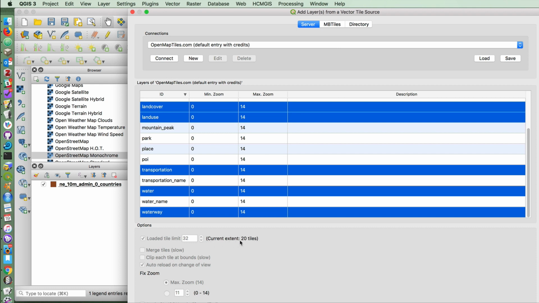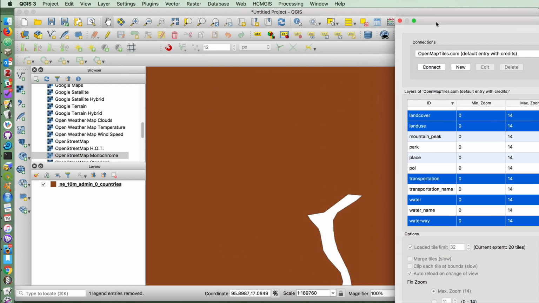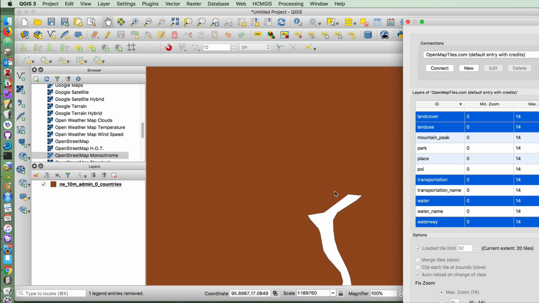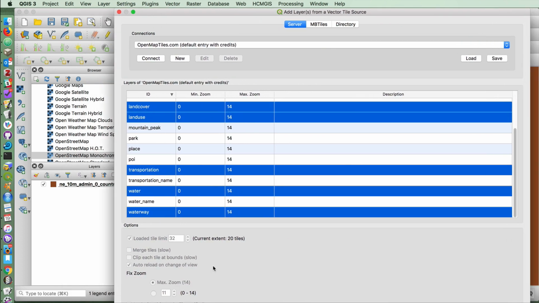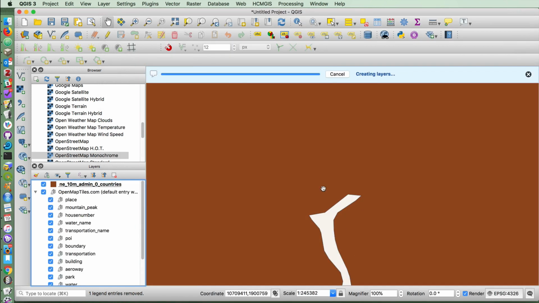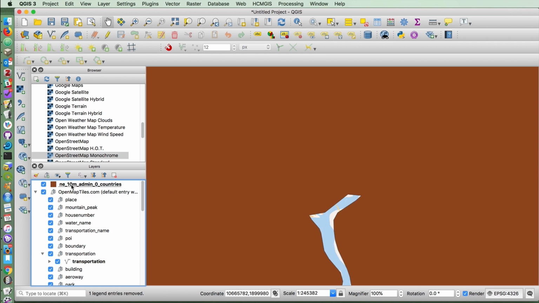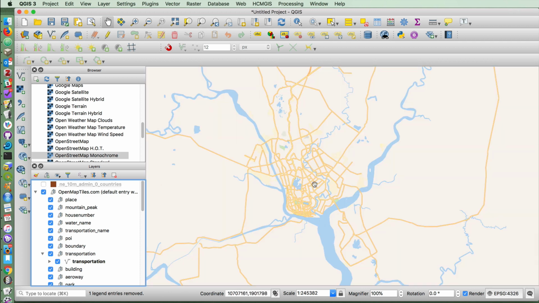It'll show you here that your current extent is 20 tiles. So even the city itself is only around here. So I'm pulling in a lot of material from outside of Yangon, but hopefully it'll work smoothly. There's an add button down below the screen here. If I click on this, and if I get rid of countries, you'll now see the OpenStreetMap data for this